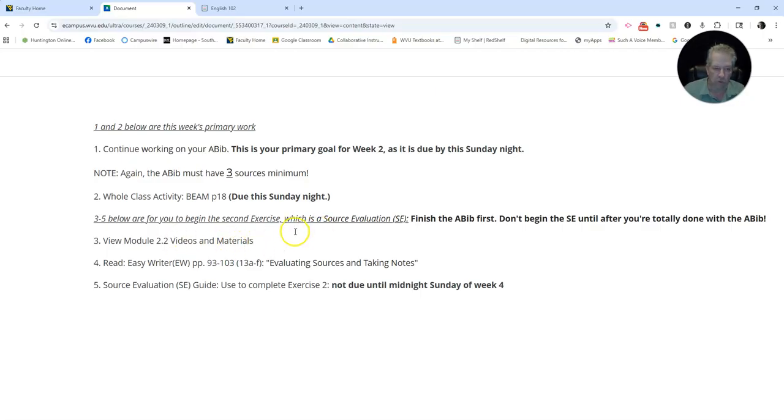Of course, this won't be the only one. You're going to want to take a look at Easy Writer, pages 93 to 103. They talk about how to evaluate sources and how to take notes and stuff. You'll want to learn some about that. And then the source evaluation itself is going to be used